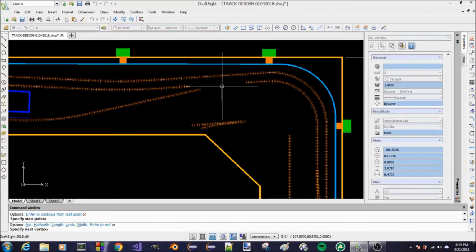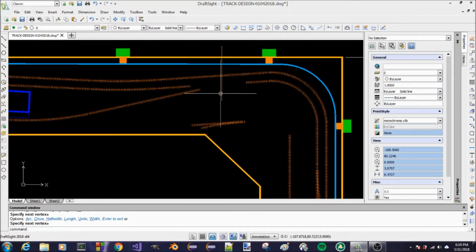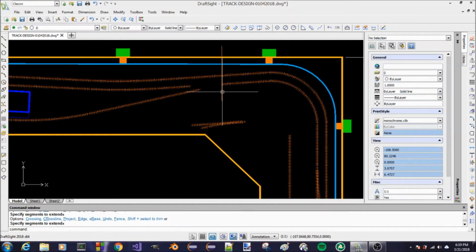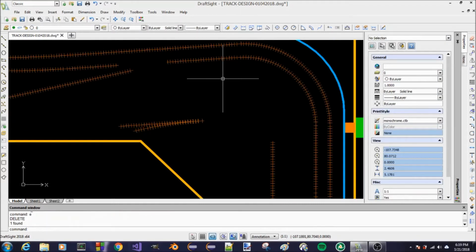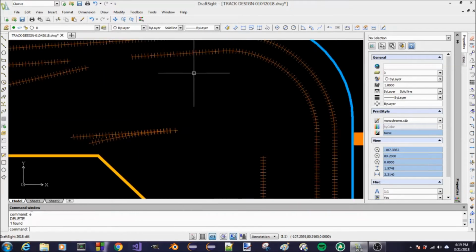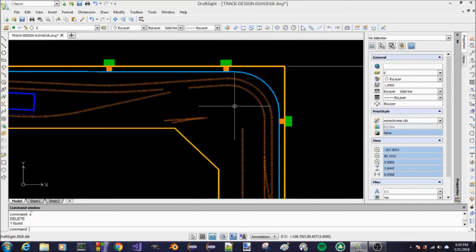But what I'm going to do is draw a line, and then I'm going to use the extend command. So I'm going to type in EX, and give it the line that I want to extend to, which is the line I just drew. Then I'm going to right click and click on the track and make that a little bit longer, like that. So now, before I start moving anything else around, trying to figure all this out, I want to make sure this is actually going to work. So I'm going to try to get in a 20-inch radius here on the main line or on the inner track here. So let's do the fillet command,